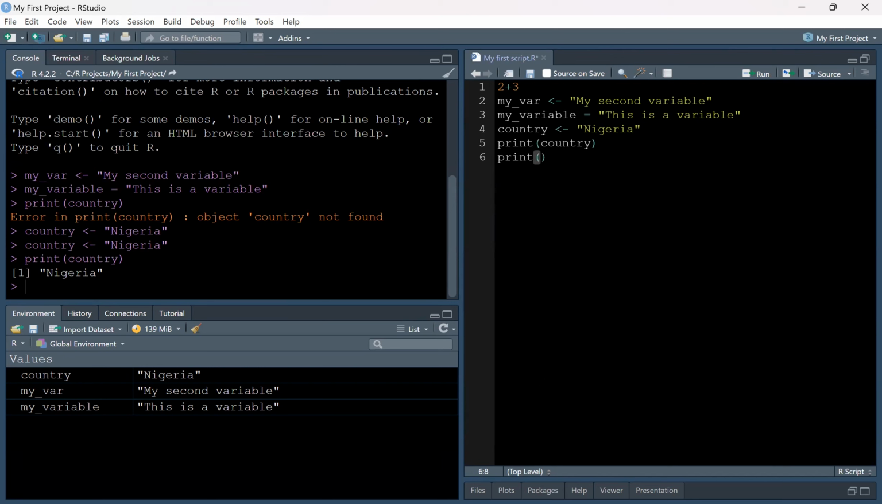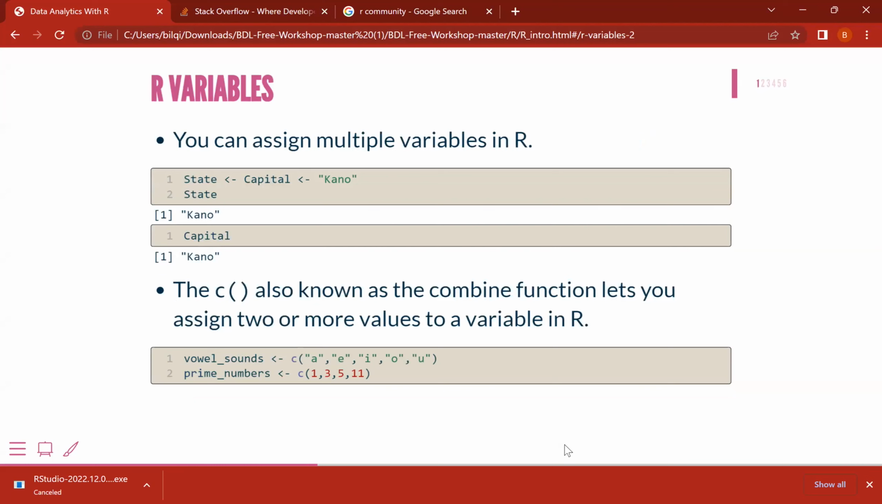So that is that. So I'll go back to the slide to look more into variables before we go to them. So now you can also assign multiple variables in R at the same time. So if you want to say, okay, like in Nigeria, we have a state by the name Kano, and the capital is also Kano. So it's the same thing. So instead of saying state is equal to Kano, capital is equal to Kano, I can do it at the same time. So if I copy this,